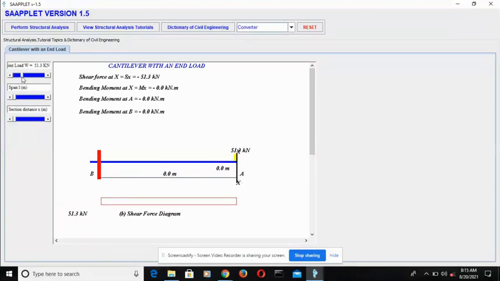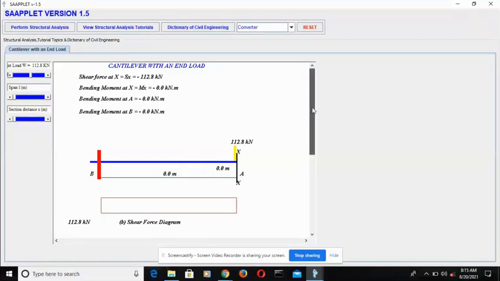As I apply the load, you can see the shear force at any point here is dependent on the load and independent of the moment. But the bending moment is a product of the force and the perpendicular distance. So if I apply the span length and then consider a section at any point, you see that the bending moment values have been generated, and the shear force value remains unchanged, but whenever I increase the load, it